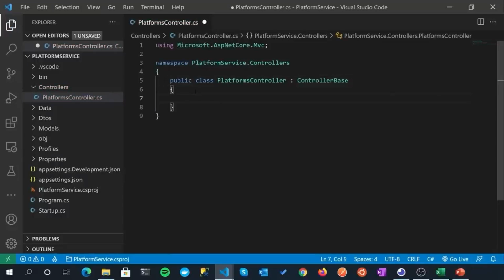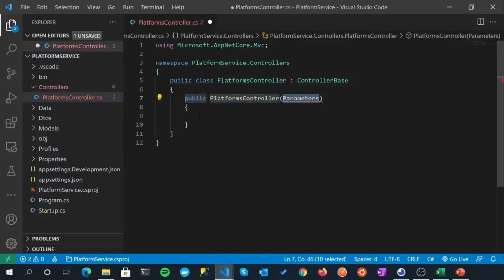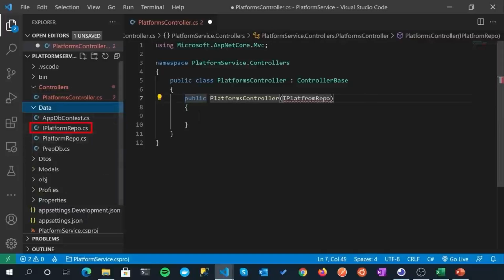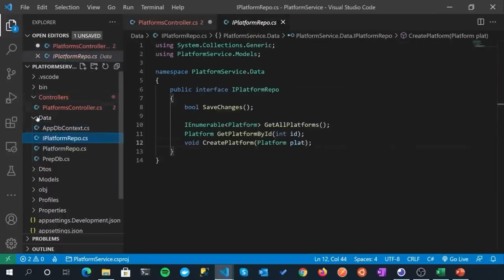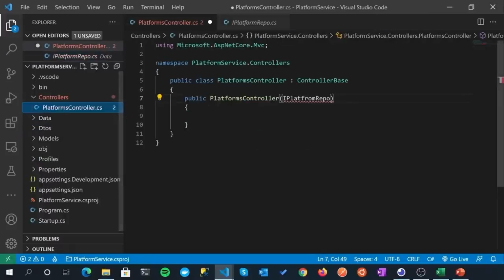All right, so we're going to create a constructor, so CTOR, tab, and into this we are going to work with our repository, and we're going to eventually work with AutoMapper. So the first thing we're going to inject in is our platform repository. We're asking for an IPlatformRepo. I'll just check that's what we called it. I know we just created it not so long ago, but I just want to make sure I'm giving it the right name. So we're creating one of these, and that will be injected in. And we'll just call that repository.